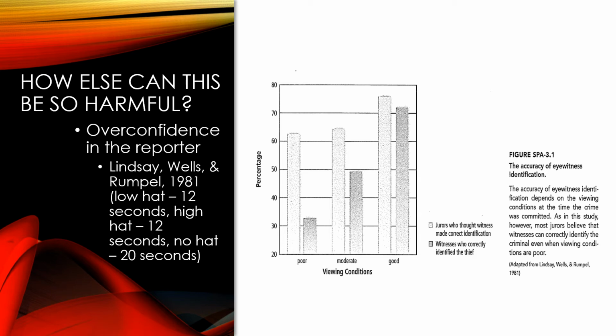Now, as these researchers predicted, people's confidence in whether or not they saw the right person was highly impacted by the condition they were in. When they didn't feel like they saw much, and the person had the low hat and was only there for a few seconds, their ratings of confidence as to whether or not they were identifying the right person were really low. And in fact, these people weren't very accurately identifying the person.